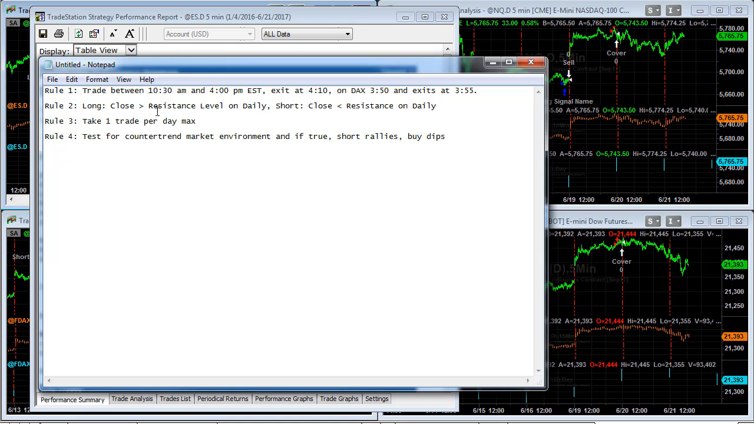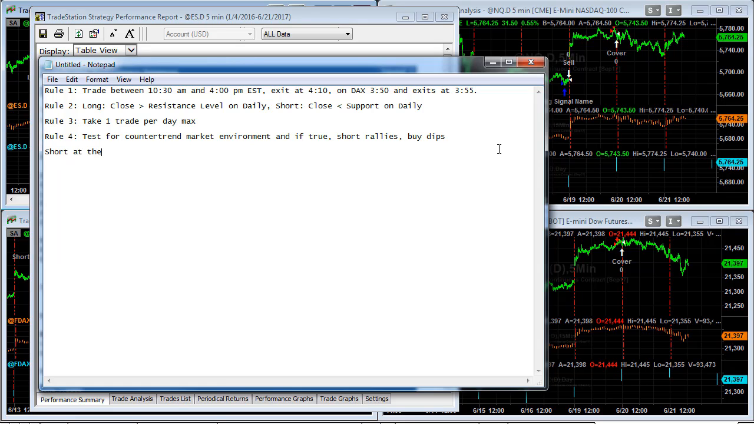These others are pretty generic: resistance levels on daily charts and support levels. This should be support. Close is less than support on the daily chart. So resistance and support levels are pretty generic. You could probably come up with your own. But this is the secret here. When these conditions are true,